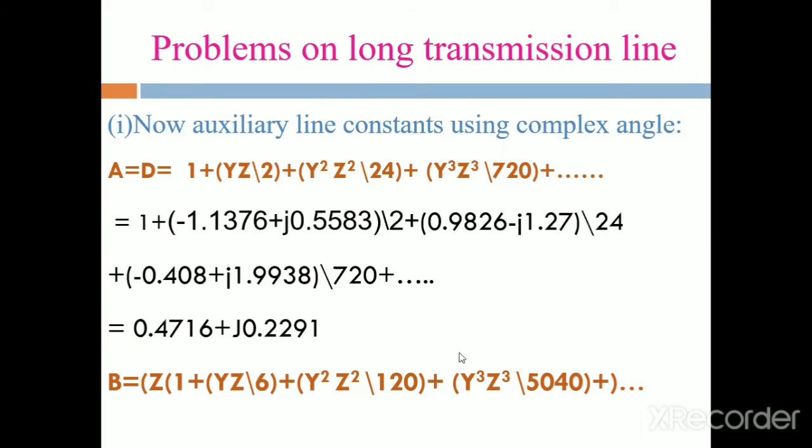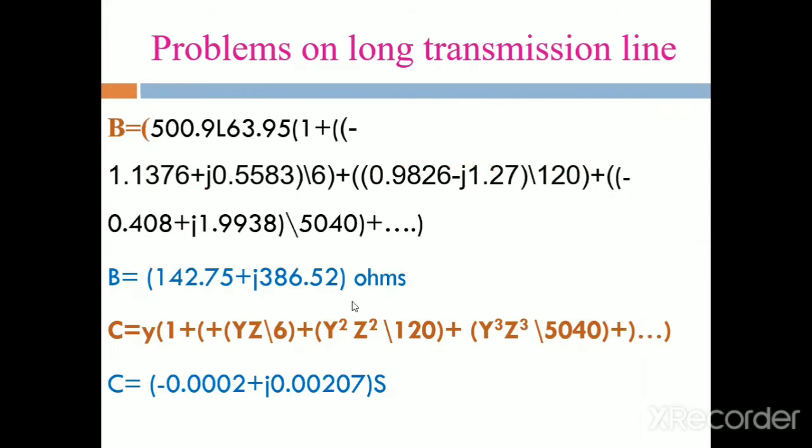Okay, by calculating this formula and substituting these values of YZ, Y square Z square, Y cube Z cube, then we obtain the value for B is equal to 142.75 plus j 386.52 ohms. Okay, next after that we calculate the C value, that is C is equal to Y into